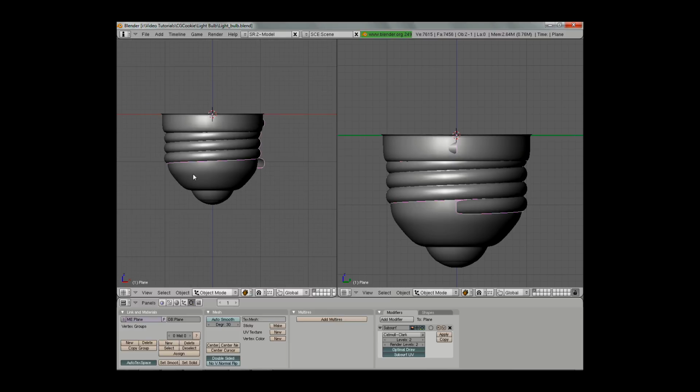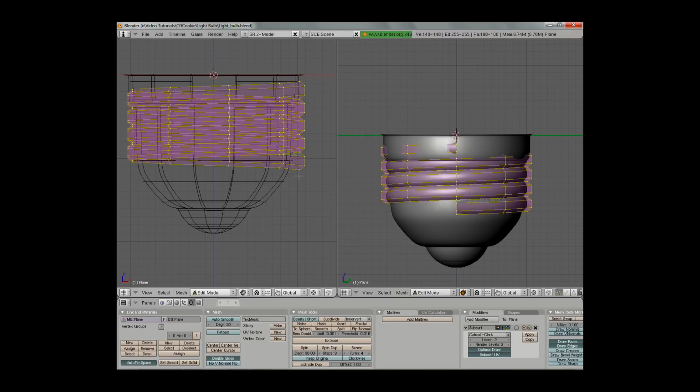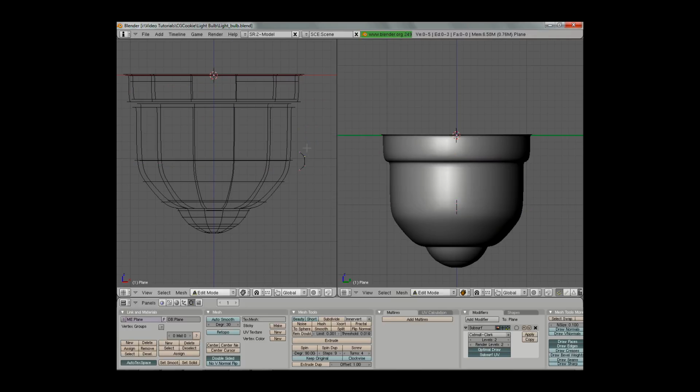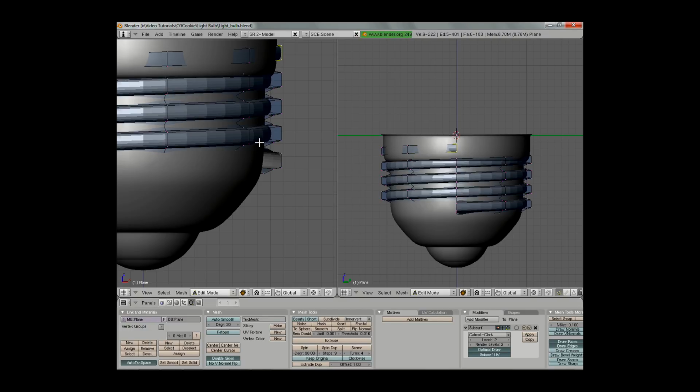Control in. Okay, well this is starting to look good, but there's a couple of things we need to do. First off, let's go ahead and select everything except our original screw. Delete vertices. And let's go ahead and extrude this in, one more, and then scale this down. We'll get a little more profile to it so that there's actually space between the screws, as you can see